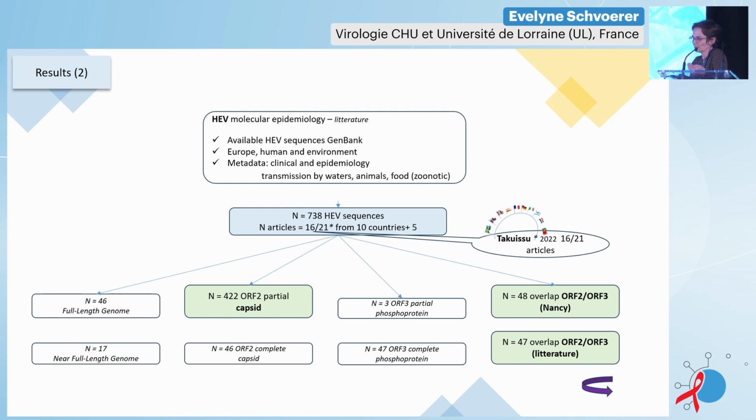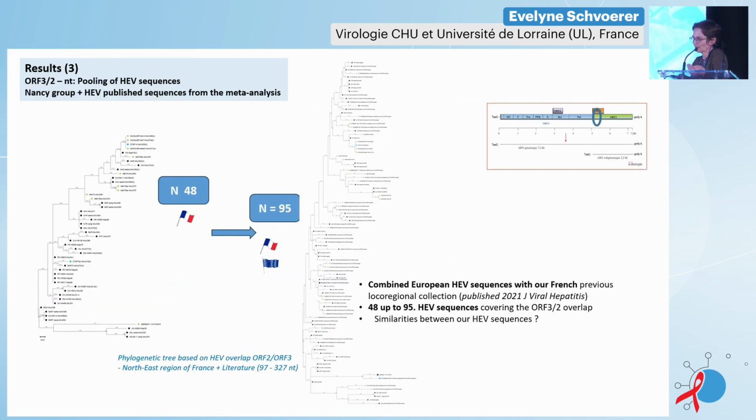So for this part of the study, I will go first to this slide. You have a classical phylogeny which is performed on the left with our own French sequences obtained in the northeast of France in Nancy, 48, and with the additional sequences just after, 50 sequences were obtained by combining our sequences with the sequences published in the meta-analysis. And to summarize